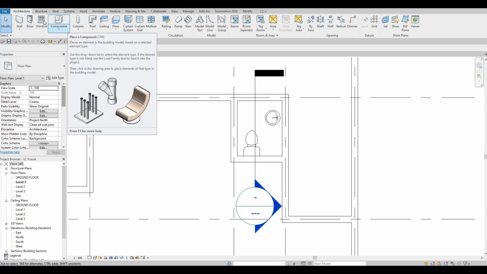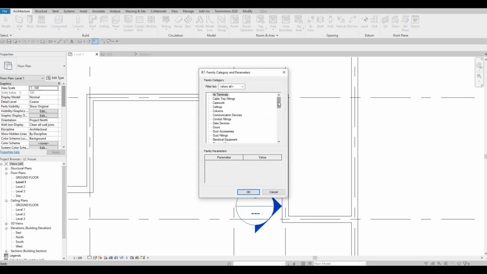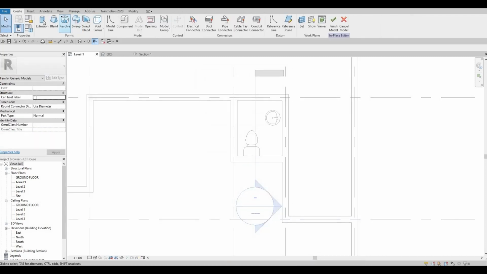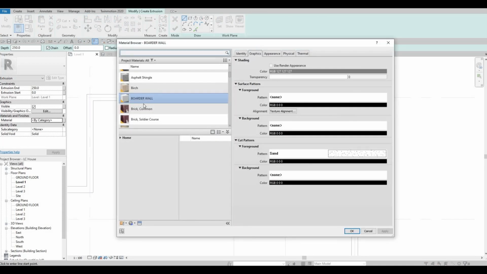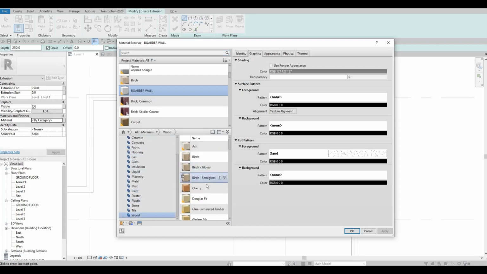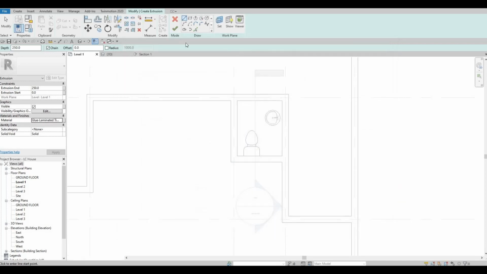So now let's click on architecture, model in place. I like using model in place because you can manipulate it easily. So here, generic model, click OK, and then OK. Click here, and then we could set this one as a wood material. Select wood, and then let's choose one of this one right here. Once you do,